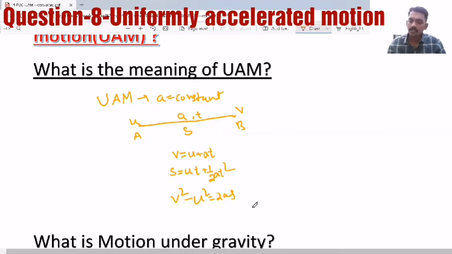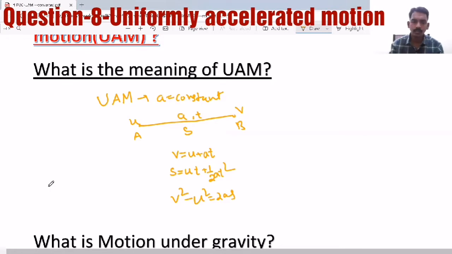Now, my first suggestion is, when you want to deal with any question related to uniformly accelerated motion, you understand the question and draw the required diagram. Most of the times, the diagram is required. That means the path followed by the particle is important: from where to where it is moving, how it is moving. If you draw that path, then you will get the idea of between which 2 points you can apply these equations of motion. You can apply 1, you can apply 2, you can apply 3, depends.